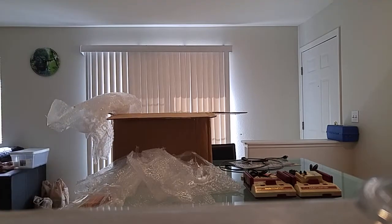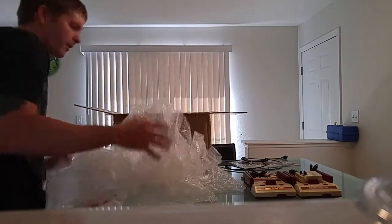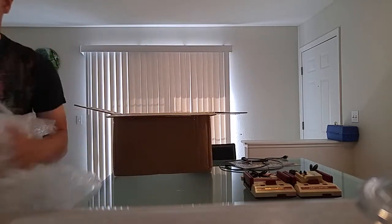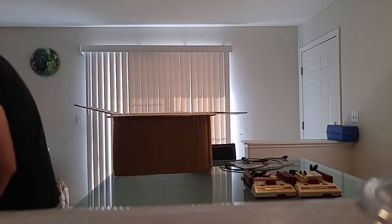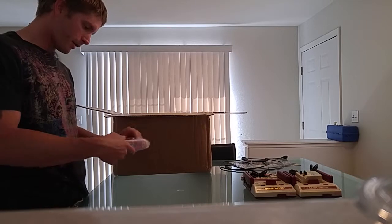What else we got? Very well packed, by the way. I'm already very high on this seller. Not only did I get a great deal on all this stuff, but the shipping was fast. Alright, this is